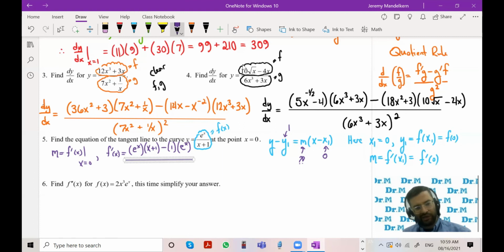We divide by v squared, which is going to be the quantity x plus 1 squared. Now, this implies that m is equal to f prime evaluated at x is 0, which is going to give us 1 times 1, plugging in 0 for x, minus 1 times 1, and all this is divided by